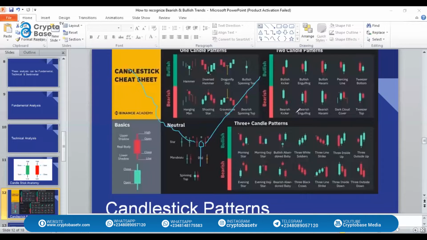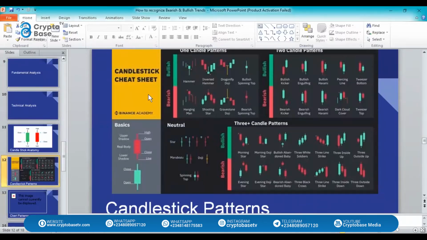Okay. So wow, where did the chart pattern picture go? There's supposed to be a chart pattern picture here, but that's okay. Let me just explain it. Chart patterns are like all these green and red candles. Once they come in, they tend to try and form some pattern, and then crypto traders make meaning out of these patterns that they form.